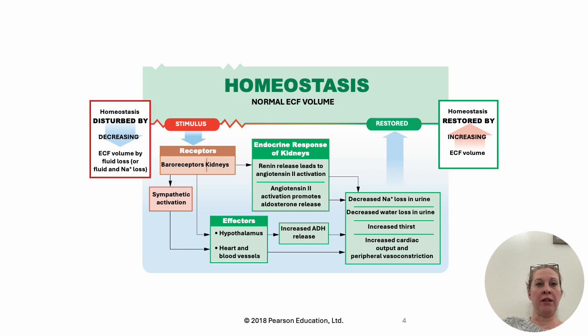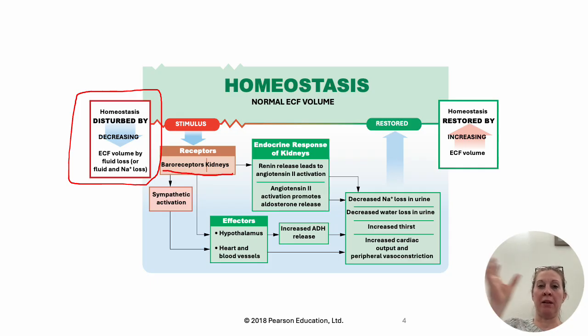Okay, so the opposite situation, where we have a decrease in extracellular fluid, is picked up right away because the baroreceptors in the kidneys are going to notice that. So when we have a decrease in extracellular fluid, we have a decrease in plasma as well, right? Because remember, plasma is part of the extracellular fluid. So if you have a decrease in extracellular fluid, you're going to have decreased volume in your plasma and your blood. So your blood pressure is going to go down, and that is picked up by those baroreceptors in the